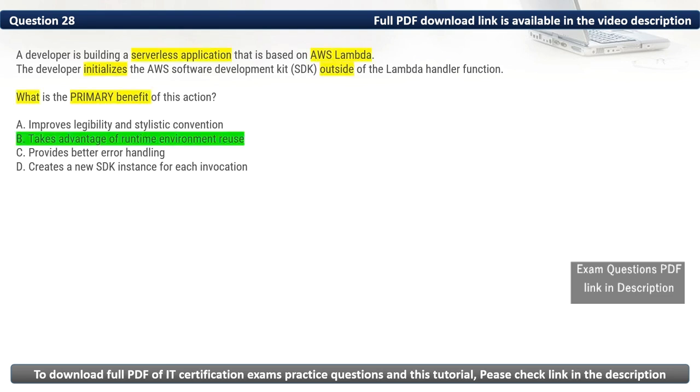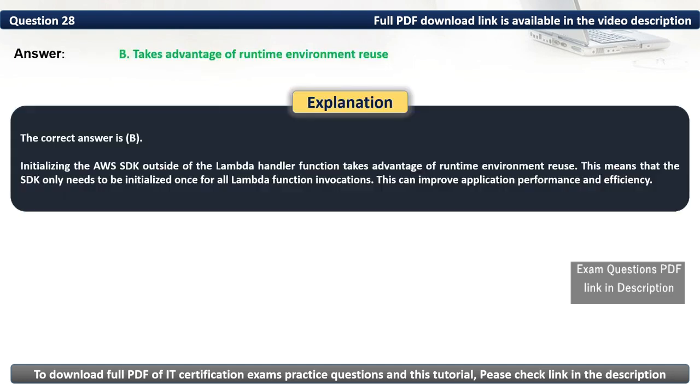Thus, the correct option is B. Initializing the AWS SDK outside of the Lambda handler function takes advantage of runtime environment reuse. This means that the SDK only needs to be initialized once for all Lambda function invocations. This can improve application performance and efficiency.